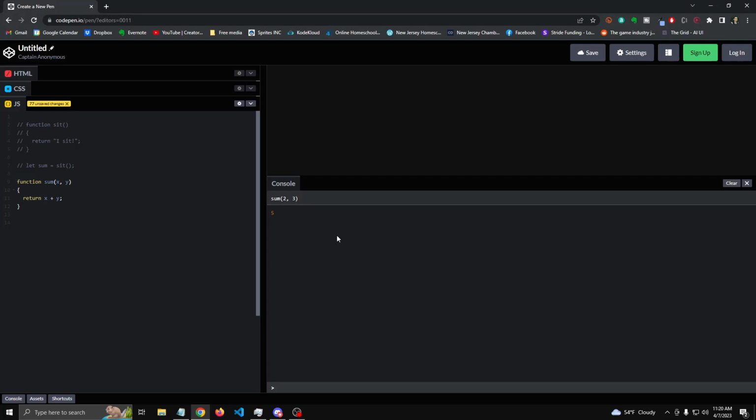Now here's something important to note. JavaScript, especially in a case like this, where we don't have a specific kind of variable declared, right? It just knows that there's something coming in, I'm going to name it x, and there's something coming in, I'm going to name it y. I don't know what it is. It's agnostic about what it is. So interestingly, we could actually say sum, and we can say a string. First one is I, and then the second one we can put a space and say sit. And what it's going to do is actually combine two strings into a single string